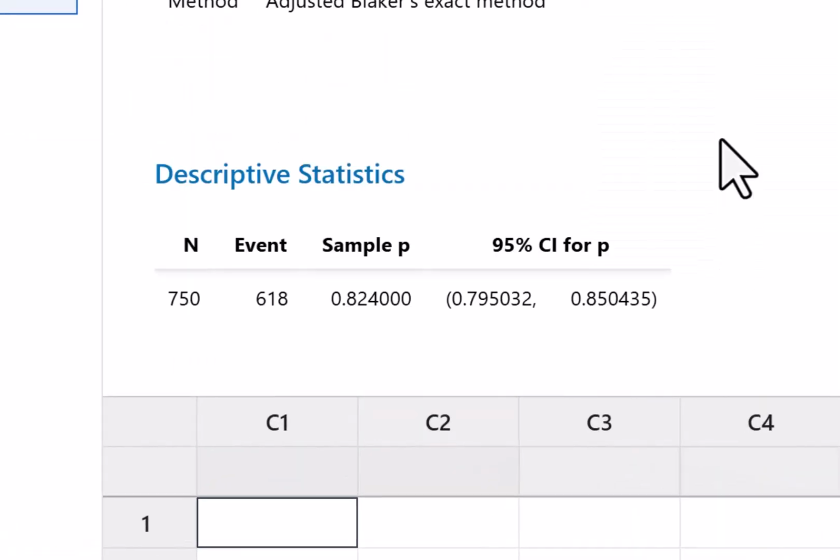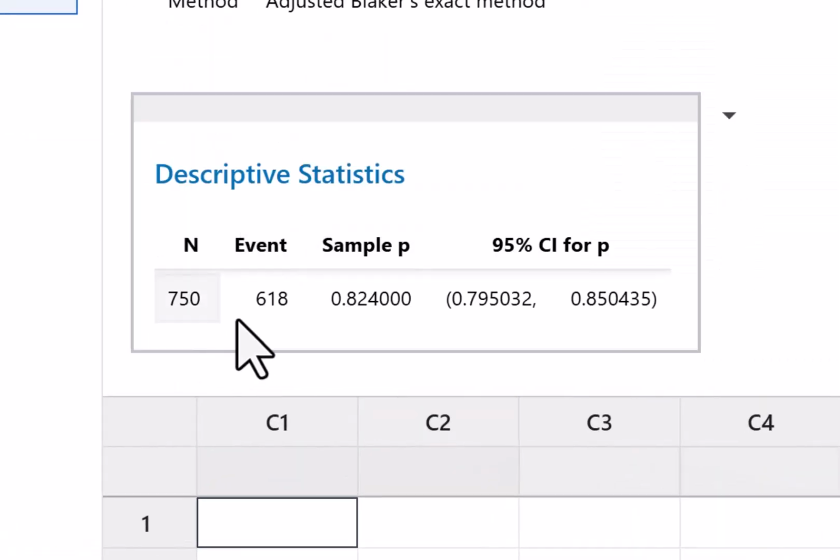In the Summarize Data, you can see we have our n, our number of times the event occurred. The sample p tells us our sample proportion. We often write that as p prime or p hat. You can see it's 0.824, which would be 82.4%. Our confidence interval for the proportion is 0.795032 to